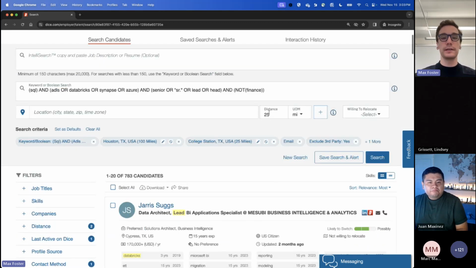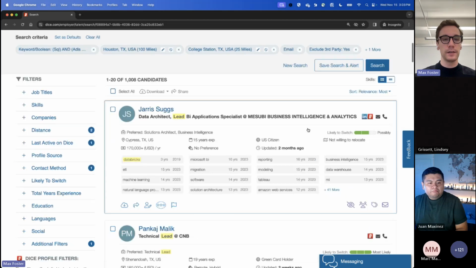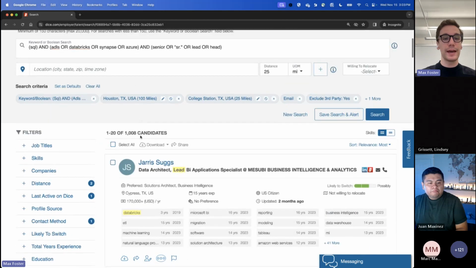At this point, let's just say maybe that was not enough, right? Maybe we're not finding enough candidates or something like that. Now we can change up our Boolean. For this, I'm going to remove the not function, and I just want to see what happens. Just because anybody had the word finance in their resume, we were able to find about 300 more candidates just by omitting one word. So everybody, I want you to keep that in mind, just how quickly you can adjust things and find more